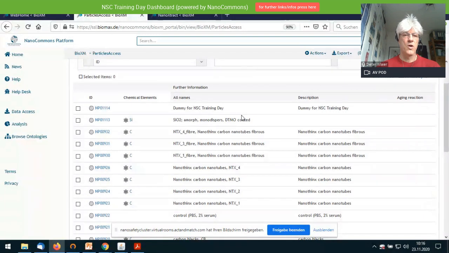If anyone wants to upload an image and it's not an image of one of the standard particles like the JRC or so on, then please use this dummy particle to upload your images. So that's the one to add your data to.